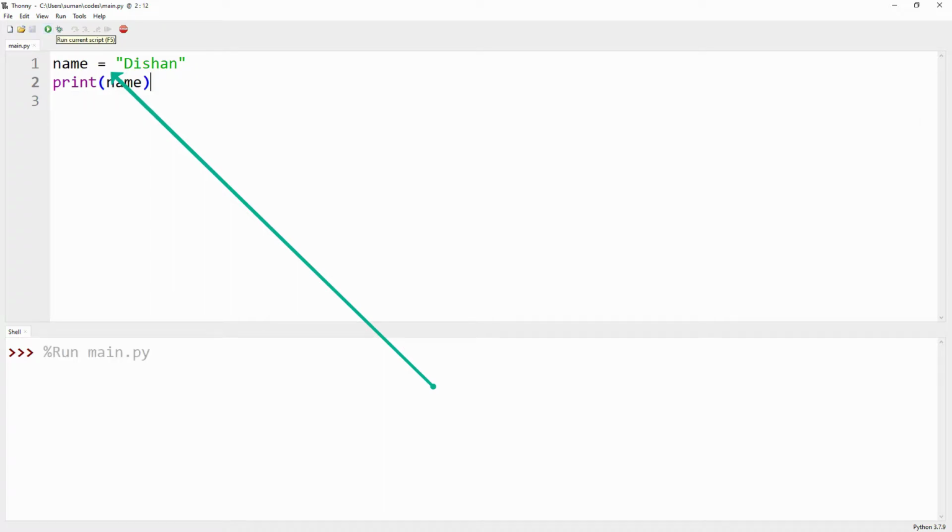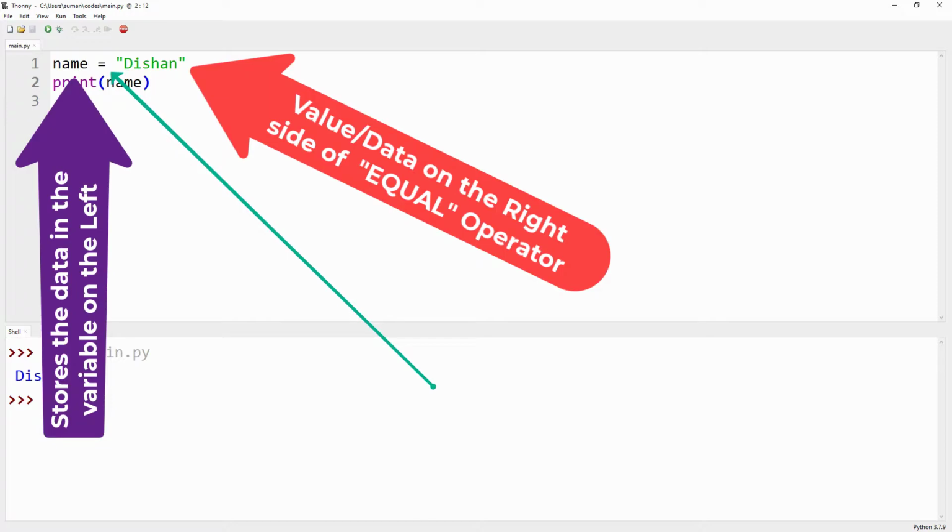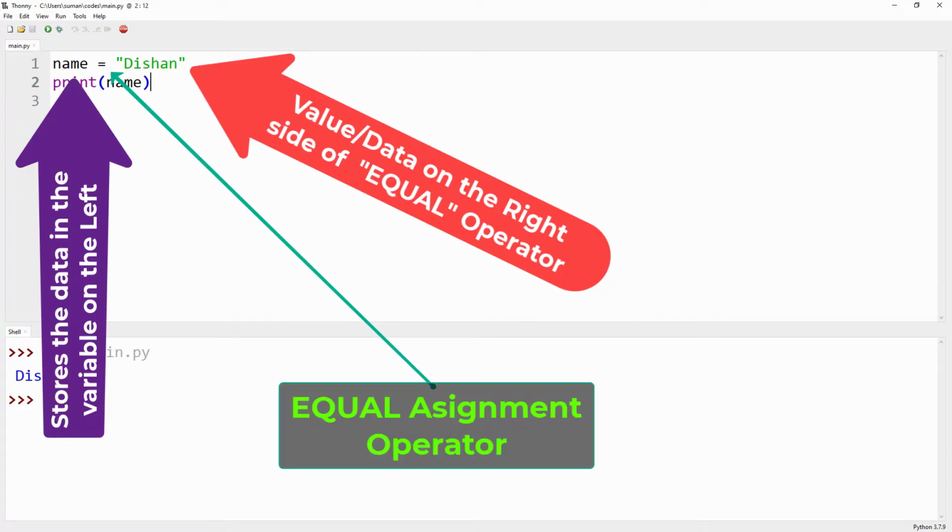If we run the code, we get the output as addition. So the equal operator takes the value or the data on the right side of the equal sign and stores the data in the variable on the left. As that equal sign is assigning some value to the variable, it is an assignment operator.